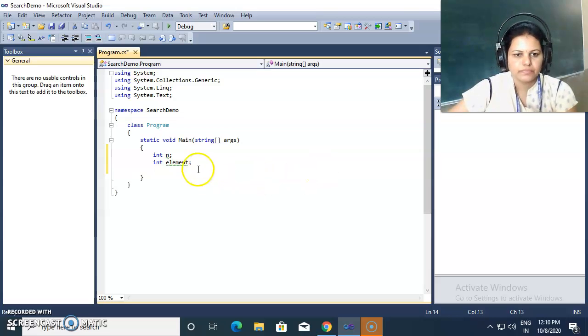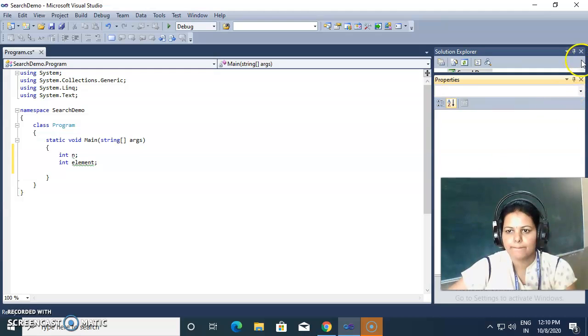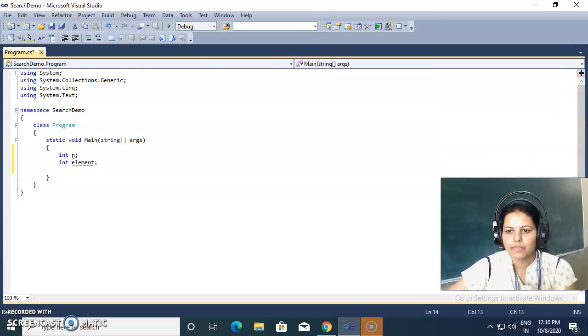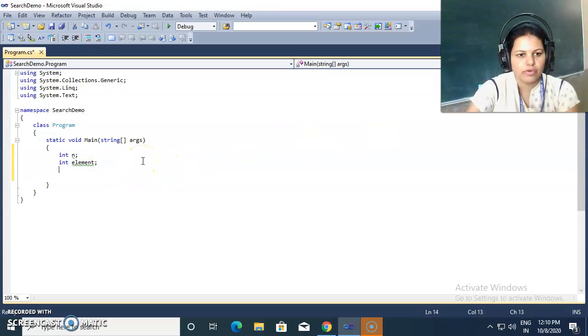Then for storing integer elements I'm using here an array.